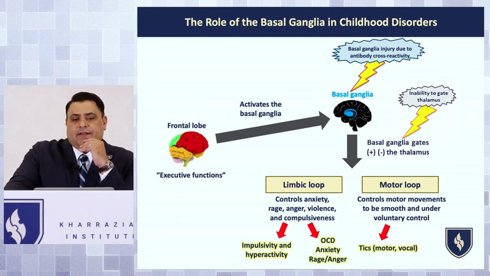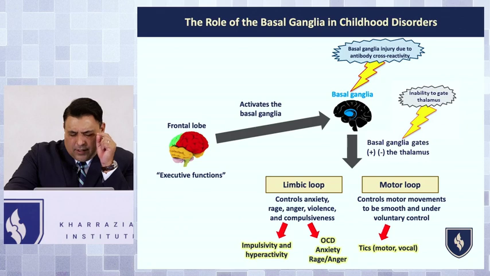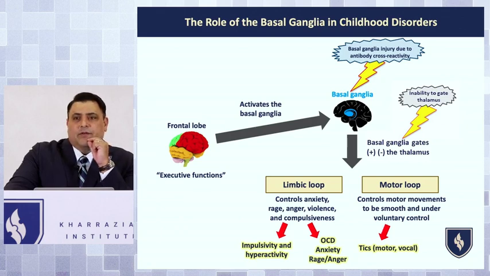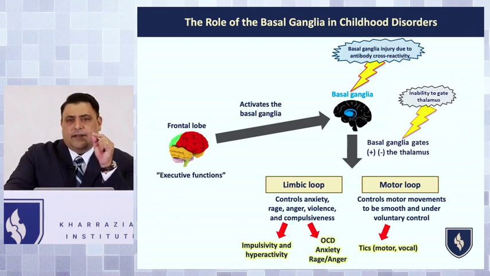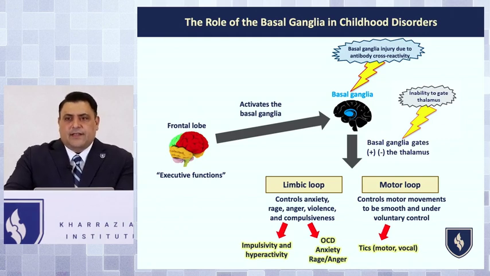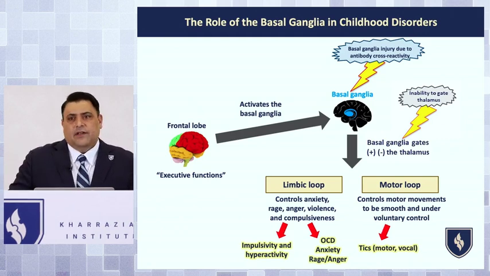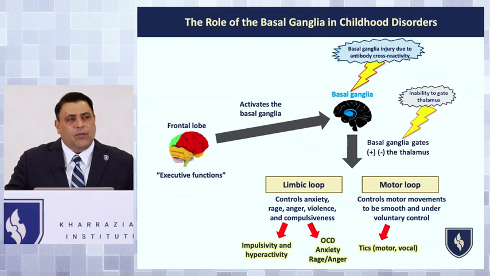So let me highlight a couple key things as we finish off here. The key things to remember: acute onset always is going to make it lean towards an infection. So if they have acute onset tics, movement disorders, anxiety, OCD, that's when you want to look at infection. The most important ones to look at is strep. So see if they had strep throat, because that's a common